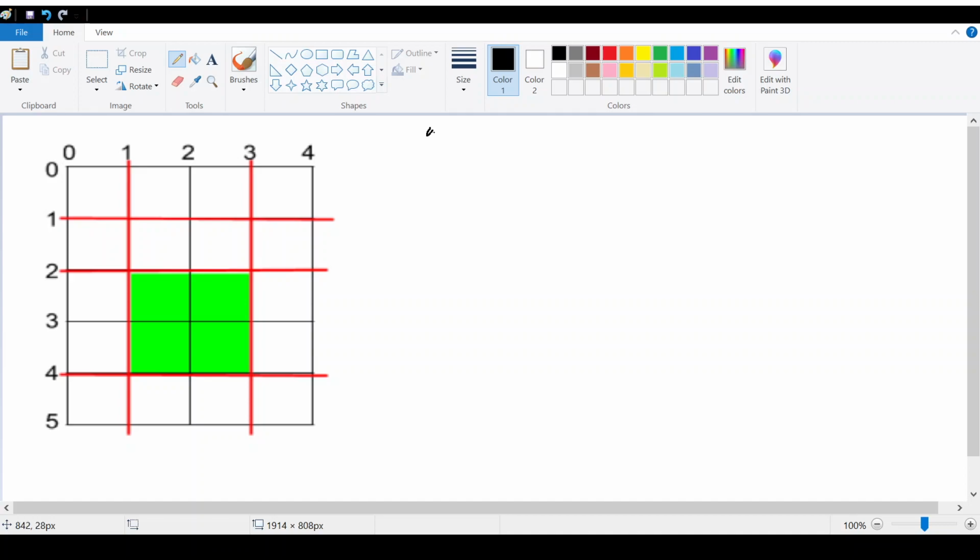We are given input as 5, 4, horizontal cuts 1, 2, 4, and vertical cuts 1, 3.